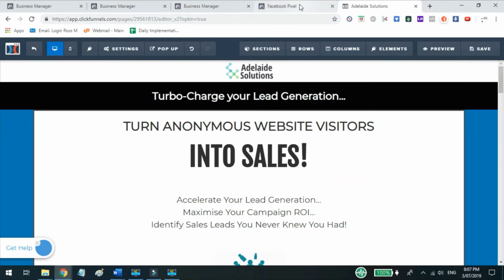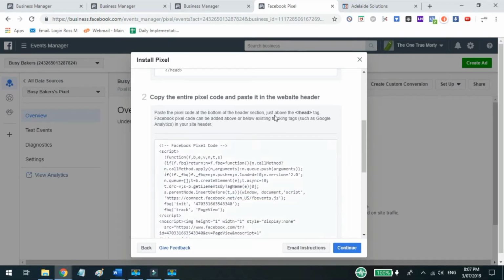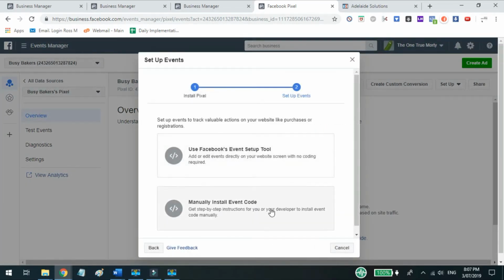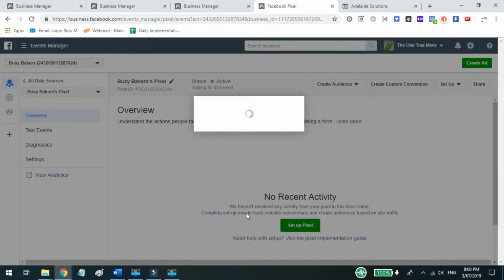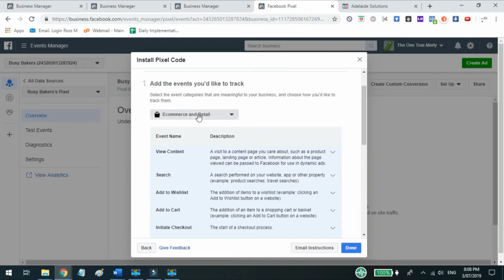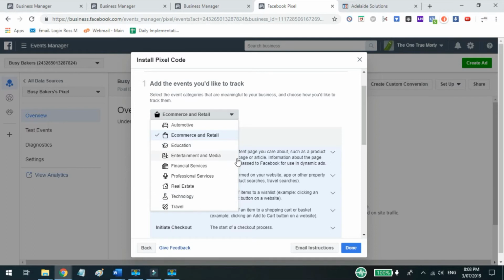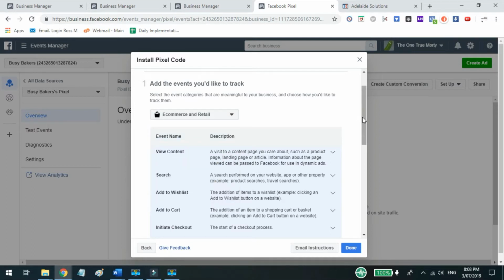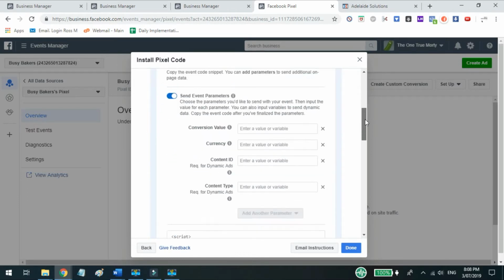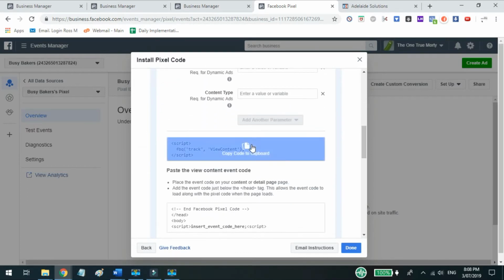And then what we do is we go back to this page and we'll click continue. And then we want to set up events. So for the events, we'll go manually install event code. And then in this case, as you can see, there's a whole bunch, but e-commerce and retail is fine. And then view content. So anytime we run some ads and we want people to see our content, it's view content. So once again, we click this,